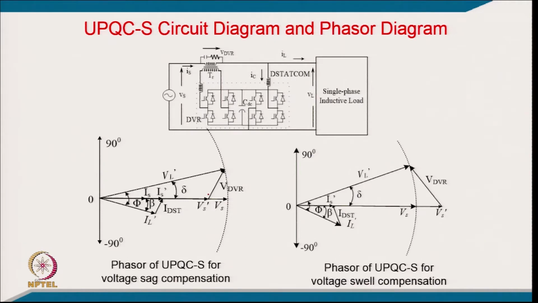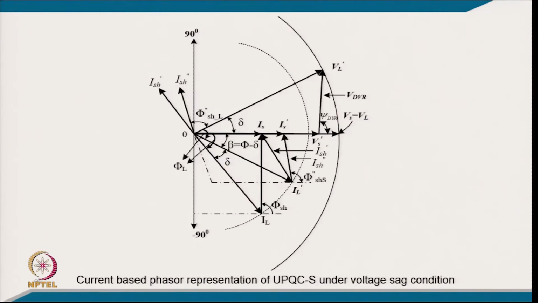So, here you can see the voltage sag. We are injecting the voltage, of course, which is neither in phase with the current nor in quadrature with the current. So, you might be injecting active as well as reactive power, and this is for the voltage swell. Again, we are injecting the voltage to reduce the swell at the point of common coupling. That voltage is also injected neither in phase with the current nor at quadrature to the current. So, part of the reactive power we even transfer to the DVR in this case, and this is the typical phase current based